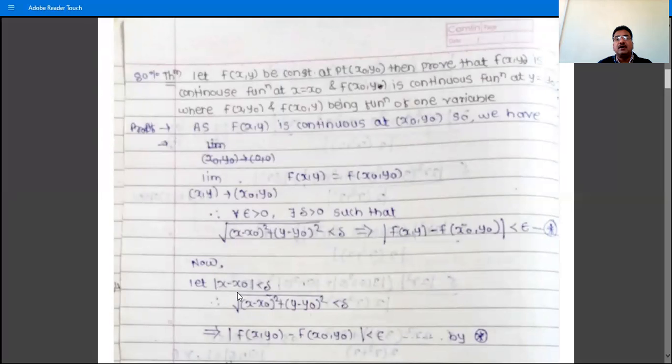So start with |x - x0| < delta, implies,